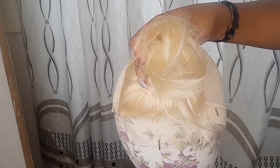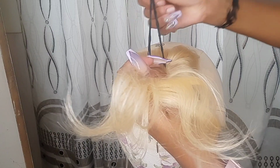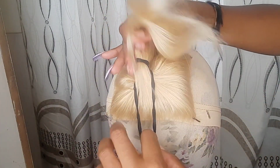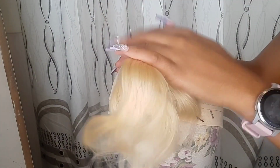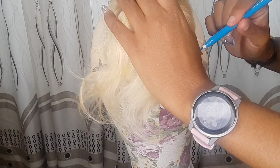Once satisfied with the flatness of the closure onto the wig cap, I then go ahead once again and tie the closure very tightly. And again, this is to make sure that there are no flyaways, no hair, while I sew into the closure. And I am going on with a marker